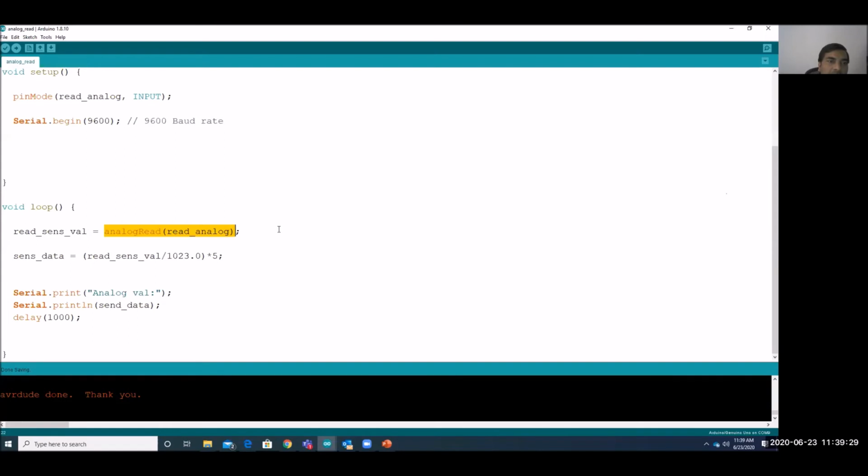Now just consider, if we want to read the higher value, then we need to convert it in terms of voltage, because the controller pins will read either 0 or a maximum value of 5. So whatever we are getting from analog read, we want to convert in terms of voltage. Suppose in the analog pin you have connected a voltage sensor. How will you know what voltage is coming from the sensor? To do that, I have written a formula.